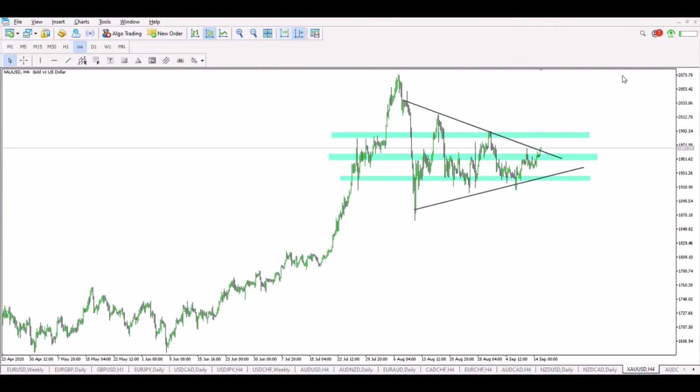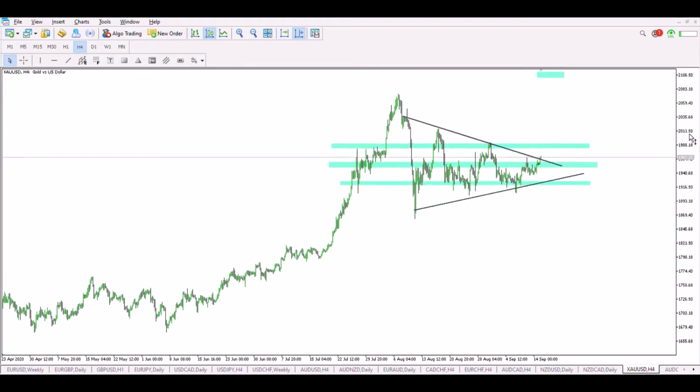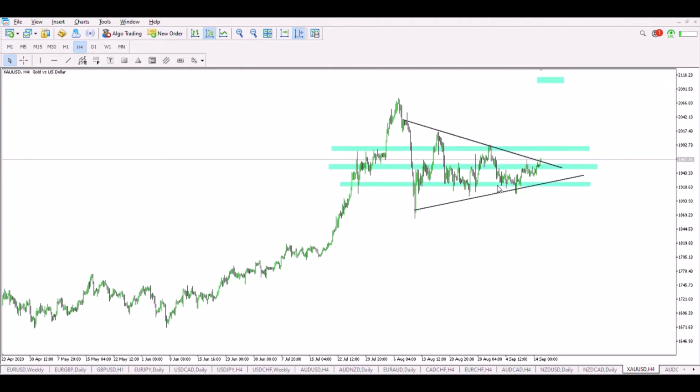So the other way you can do it is just you take the lower line, you apply it from the beginning of the pattern right here, and you see exactly how much is the height of the pattern. So you again look for profit somewhere here in this zone. Okay guys,